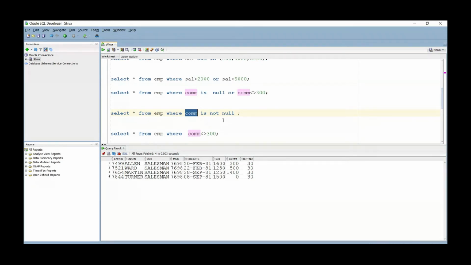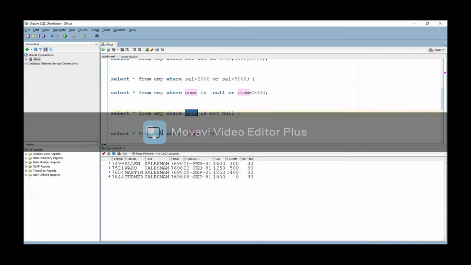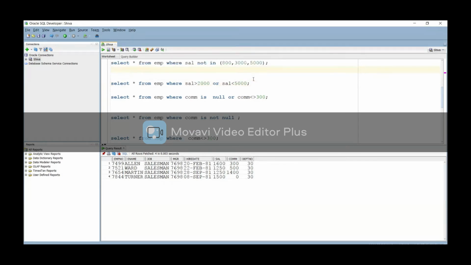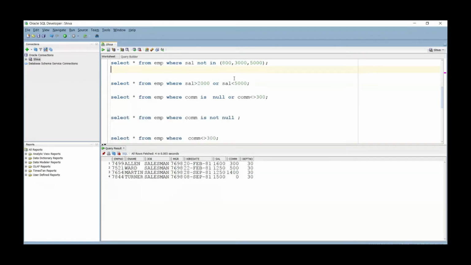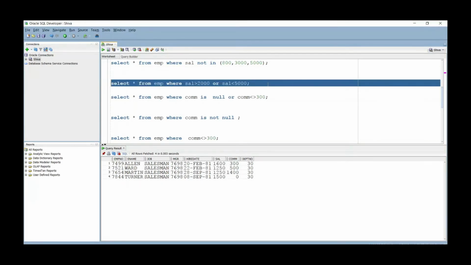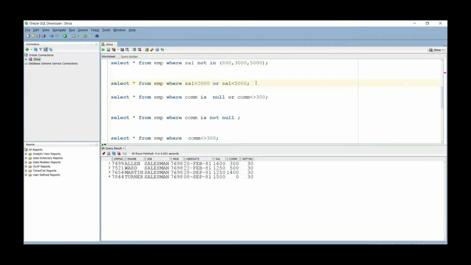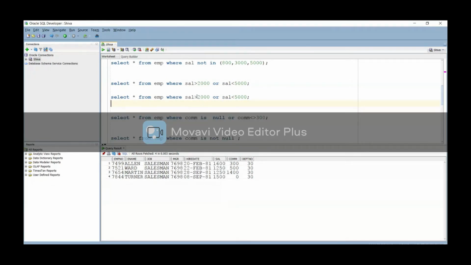Other than that, why did we come here now? We provided the range with AND, OR, NOT. So we are writing the query two times: salary greater than and salary less than. We have another operator to simplify this. The query will work the same; only the way you write the code differs.